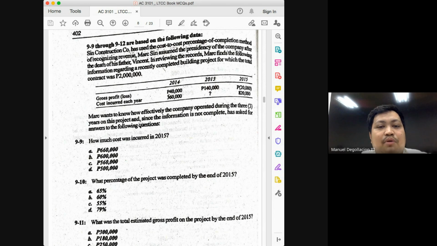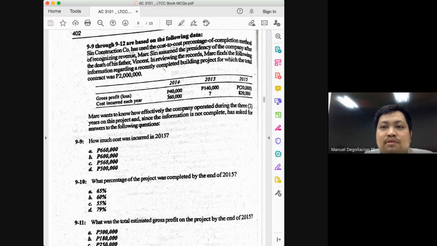The 160 here is very important, class. Okay, it's the total profit you've earned in the project. So that means your total cost is 1,840,000. What else does that mean? That the cost incurred in 2014, 2015 and 2016 will add up to 1,840,000. How much have you spent in 2016? 820. How much have you spent in 2014? 360. So, if your total cost is 1,840,000 and you have spent 360 and 820 in year 1 and year 3, how much then must you have incurred in 2015?